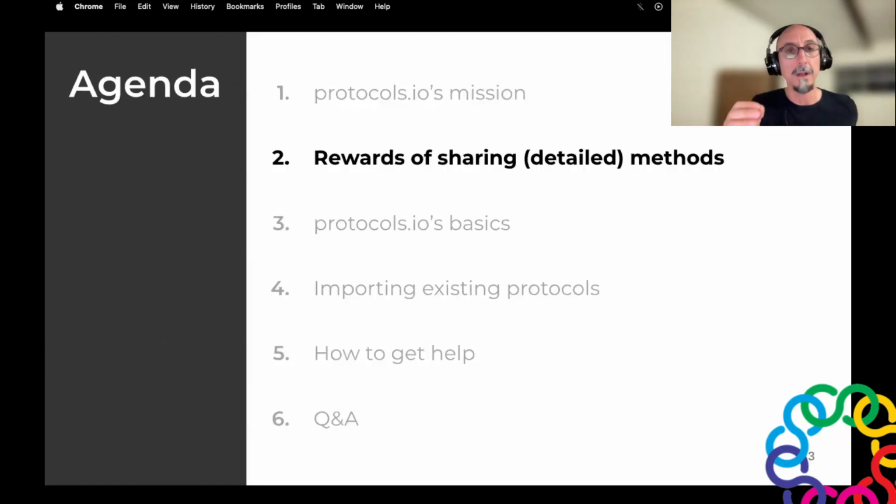But let's discuss why we think it is productive, time-saving, and rewarding to create, share, and publish detailed experimental protocols in addition to improving clarity and reproducibility. And the key message that I want to convey is that practicing open science, including open methods, is beneficial for the practitioner as much as it is for the extended research community.